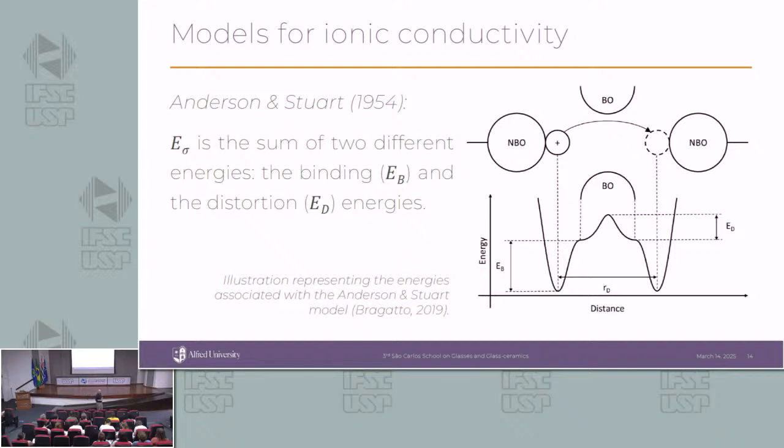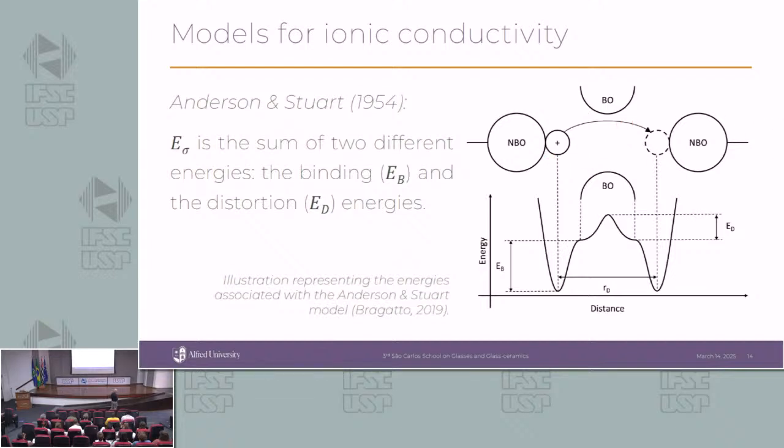The first one is the energy necessary for breaking the bond in which the alkali is. So if I get an alkali and I put it in a glass, where is it going to be? Next to what? A non-bridging oxygen. Yes, a non-bridging oxygen, right? So if you're thinking about an oxide, it's going to be the alkali here next to a non-bridging oxygen. And the first energy that I need to make this thing move is to kick it out of its comfort zone, right? So I'm just going to kick that alkali out,